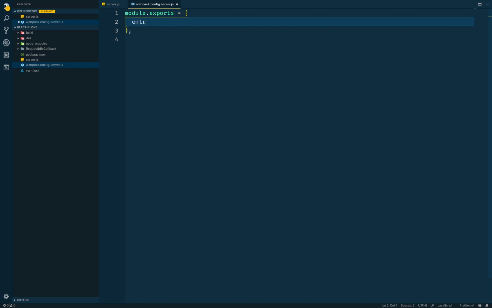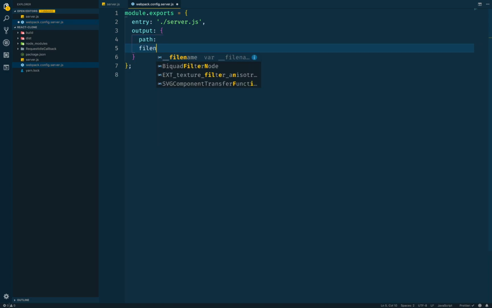So entry is gonna be server.js. Definitely need an output, which I think will need a path, and it will need a file name if I remember right. So file name is gonna be